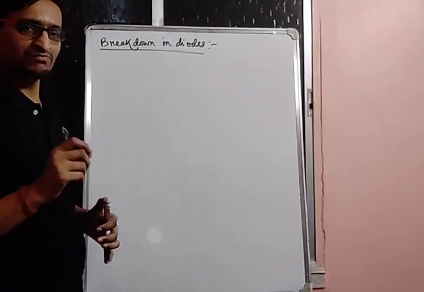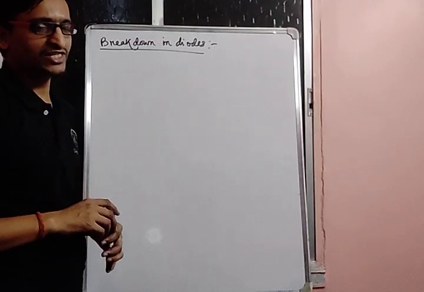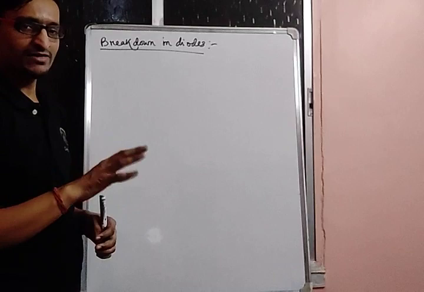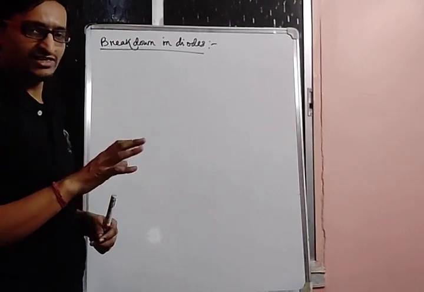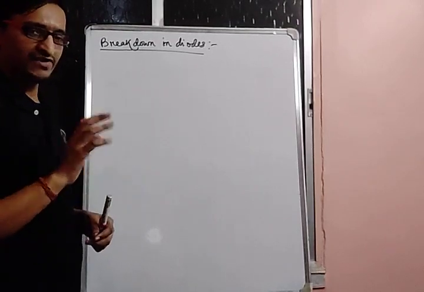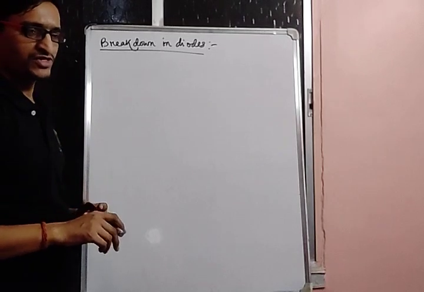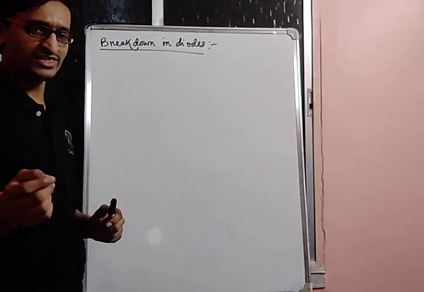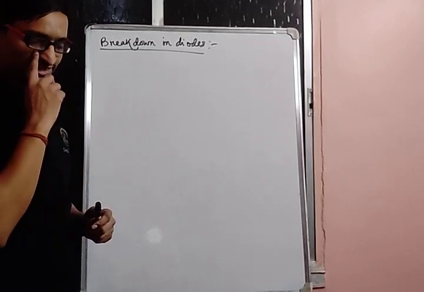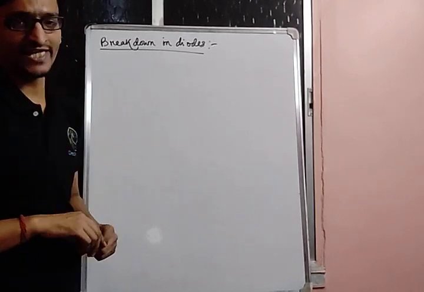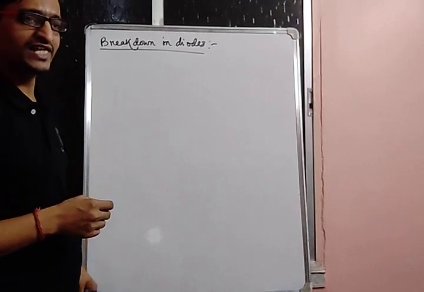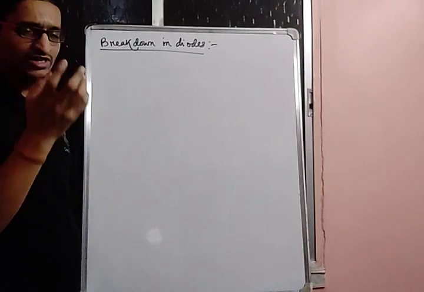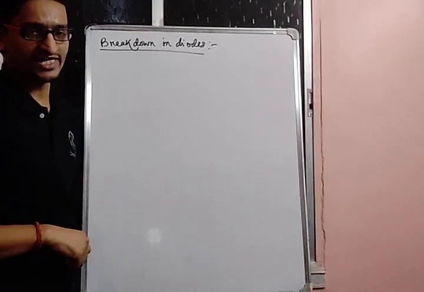Because although in n-type semiconductor the electrons are the majority carriers, holes are present there. They are minority carriers. The concentration of the minority carriers is very much less compared to that of the majority carriers. So the current flowing due to the conduction of these minority carriers is very less. As a result, in the reverse bias state, the current flowing through the diode is very less. That is called the reverse saturation current.